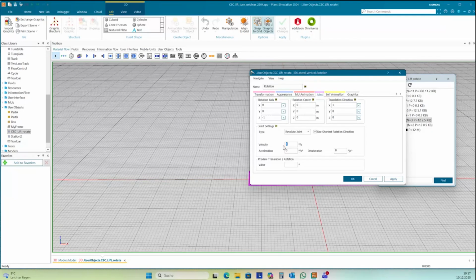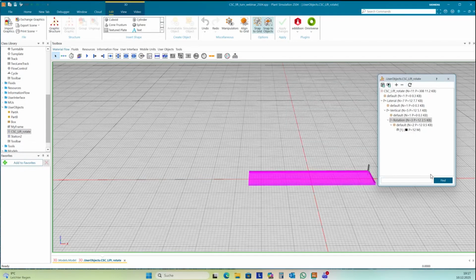I want to turn 90 degrees within 9 seconds, or 180 degrees within 18 seconds. And so I need to set 10 degrees per second as a speed, and you can also set the acceleration if you want to. Okay, now we have set all the axes of my object.